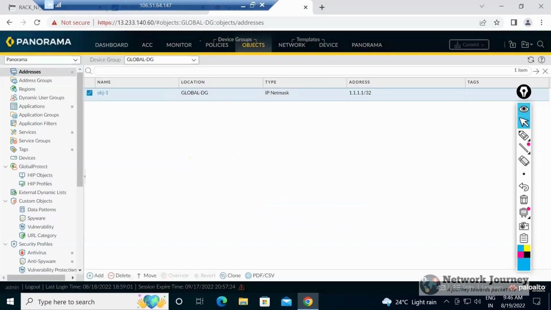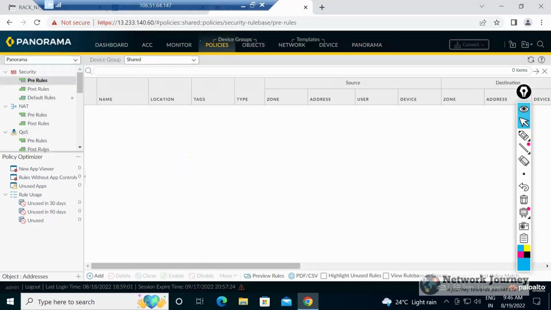Right? So that's about device groups in short. There is so much that is involved regarding policies and how the rule base is actually read from the firewall's perspective. Let's say you are creating